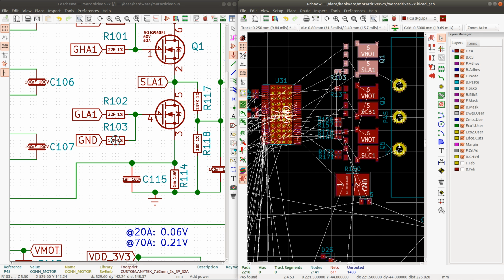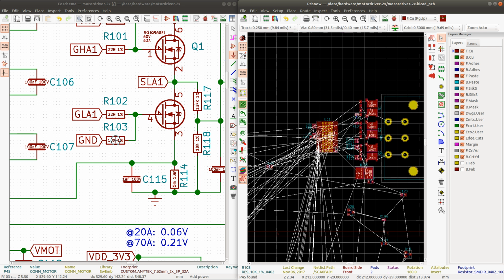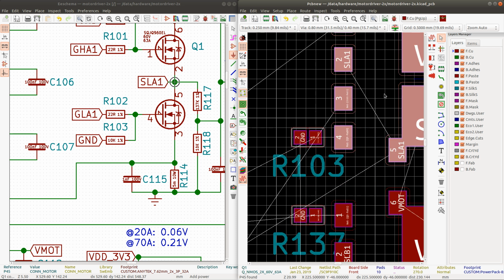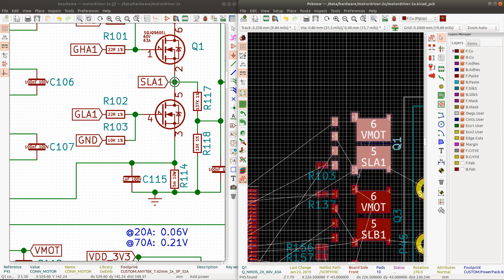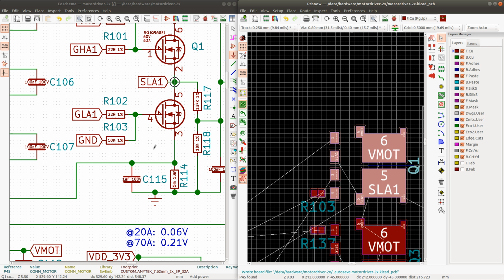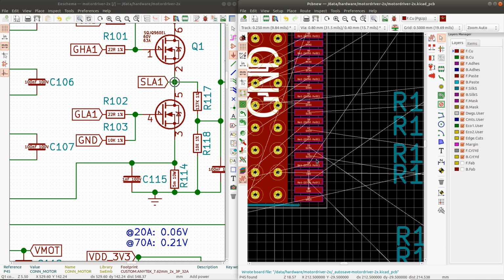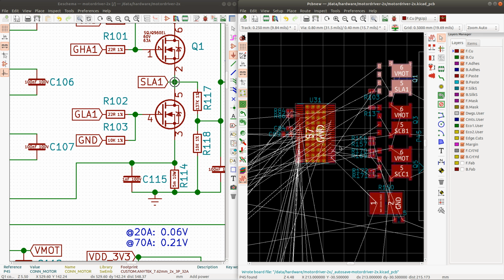So there's still certain things, like for example, what is this? This is pin number 3. So that is SLA. What is, okay, so pin number 3 is actually this current sensing input. So it seems like